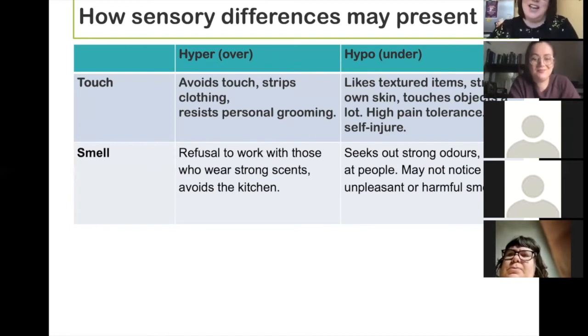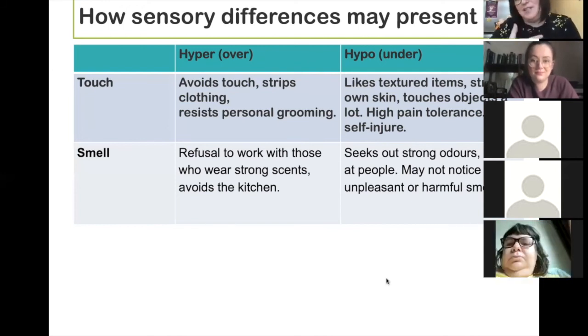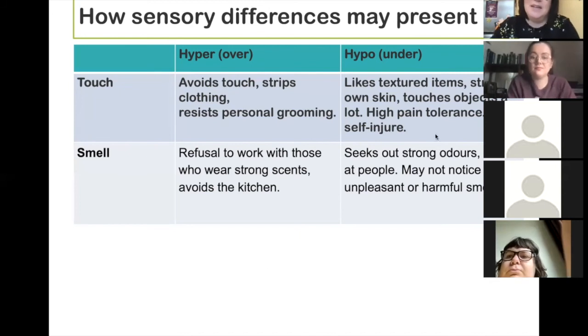He loved his aftershaves, and it was a big treat for him to get new aftershaves. He'd save up, and when you went and visited, he'd take you into his room and spray his aftershaves and get you to smell them all. He was big on smells, and that was really cool actually. But people might not also notice those unpleasant or harmful smells. They might try and create smells to stimulate that particular sense, and sometimes that might be things like smearing that you might see.